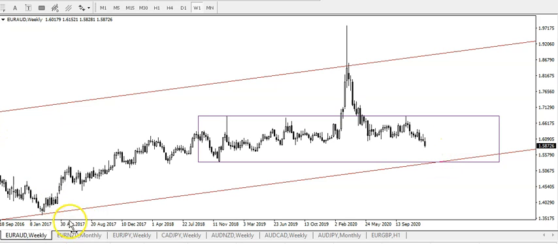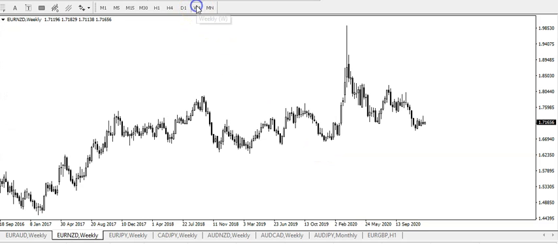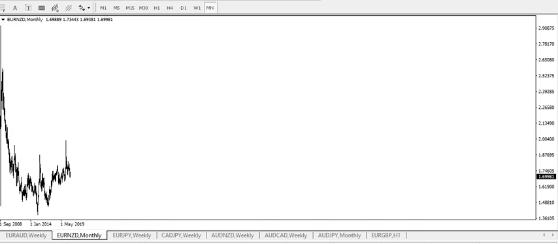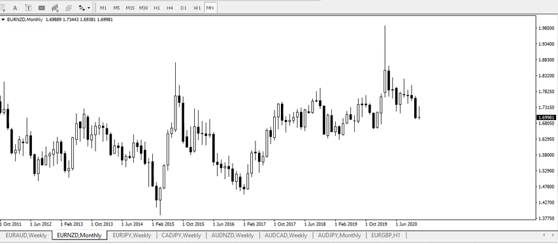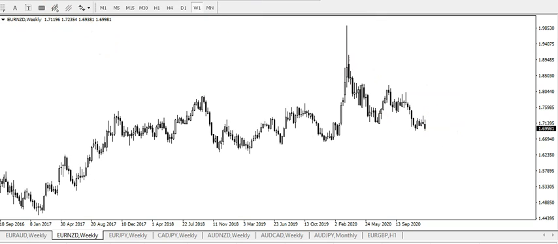Okay, so that is Euro Aussie. Euro Kiwi is very similar, well, I wouldn't say very similar, but there are some similarities in the pattern whereby there's a spike there. I would move back to the weekly chart. Weekly chart,